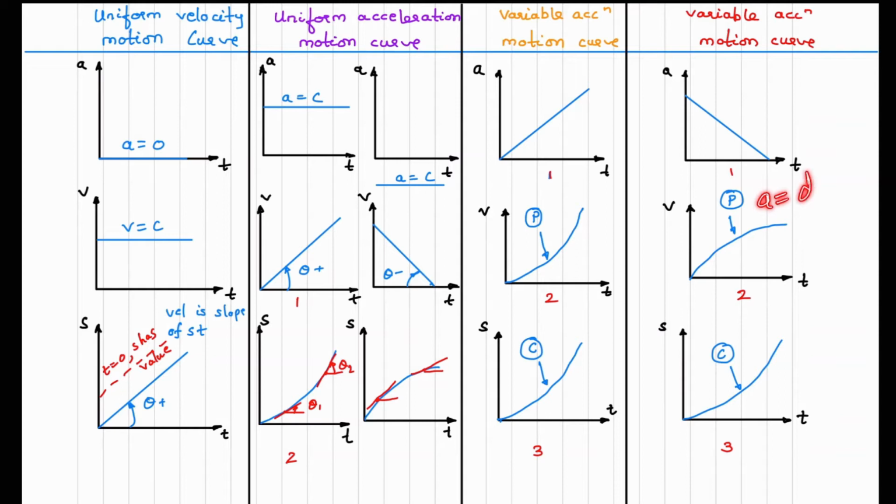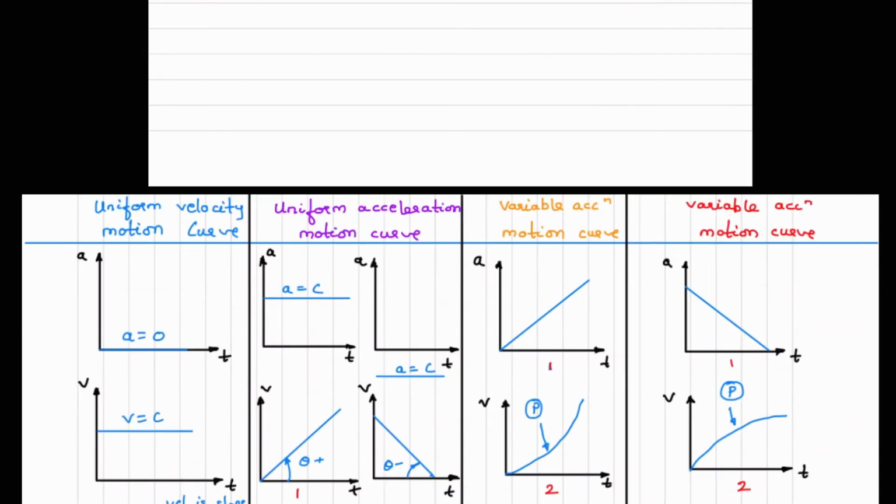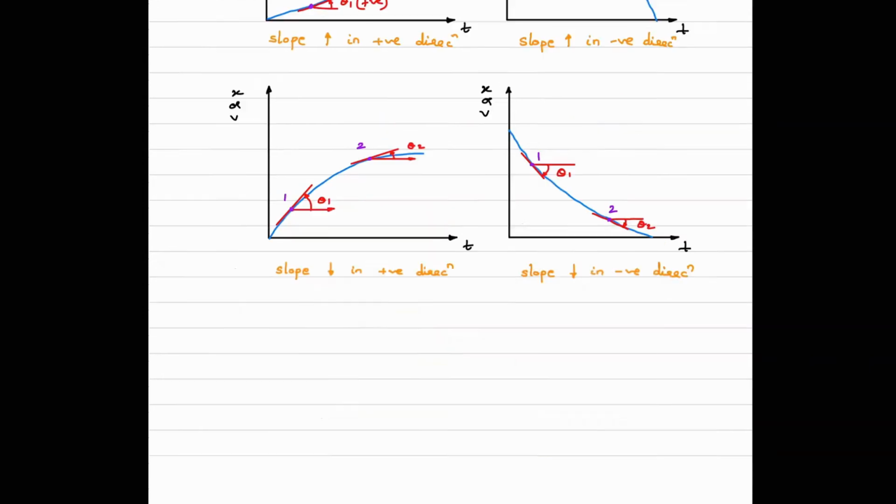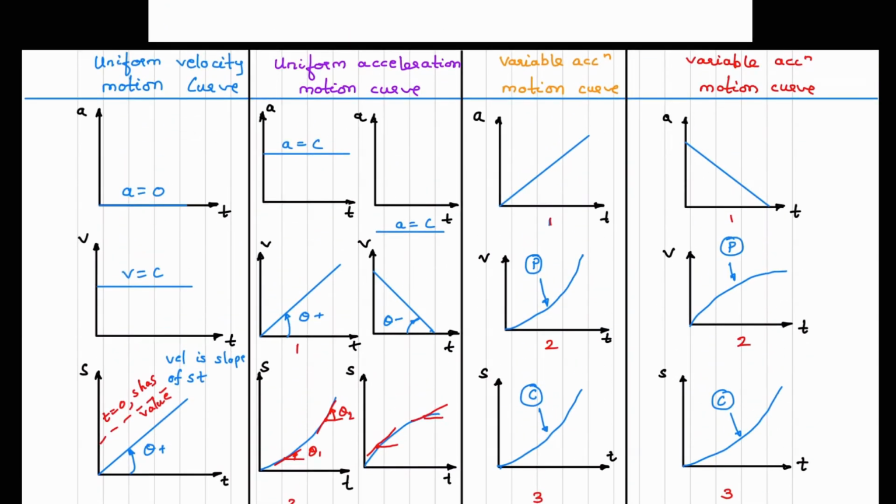Acceleration is dv by dt. Then acceleration is decreasing, so the slope should reduce, and this value is positive, so it is reducing in the positive direction. Whenever we take that angle, it is in the anticlockwise direction. It will be like that. For all the cases you have to do like that. That is why at first we saw all these 4 cases. Using these 4 cases and the appropriate diagram, we have to draw the other diagram.